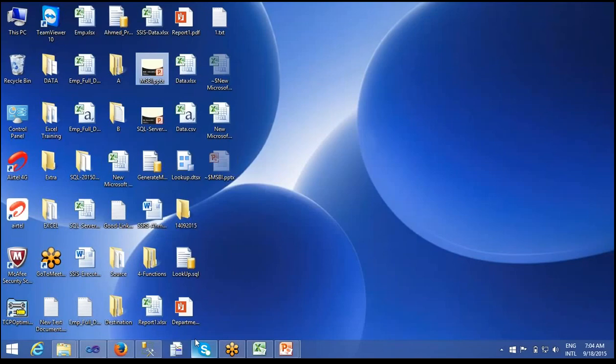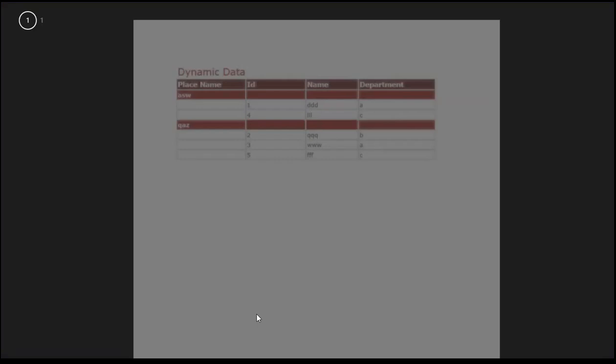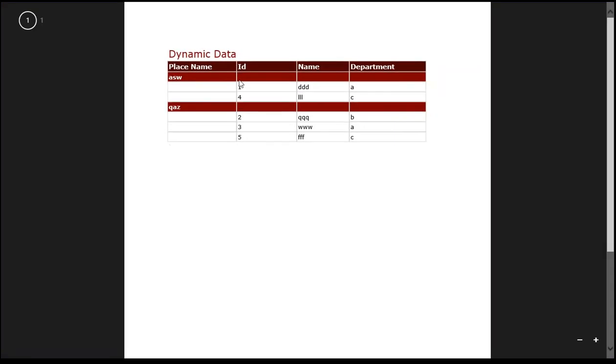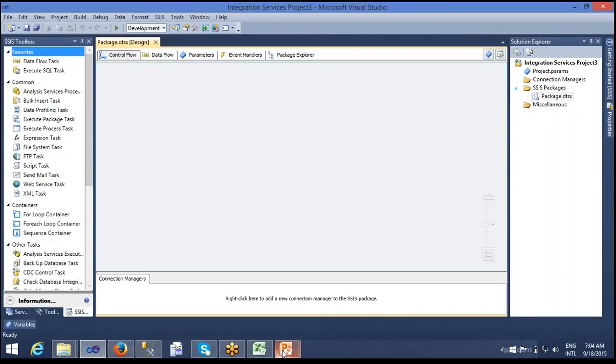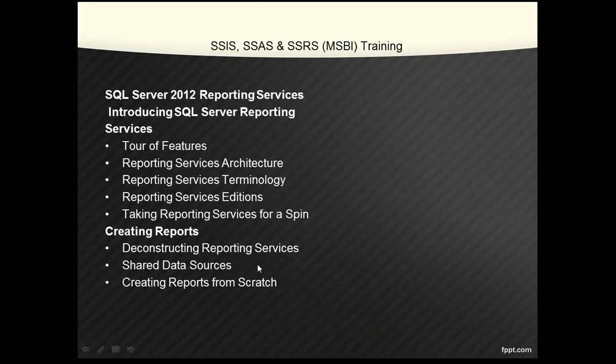As I told you, I want to show you a sample report. This is my SSRS report where I can create our own report, and once the report is done, how can we export it in PDF format or Word format. It is also a very rich tool. Here we give you everything in detail.